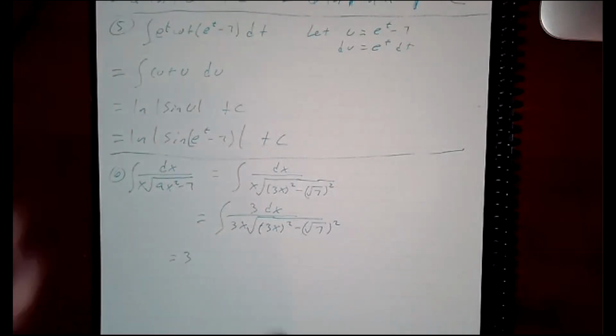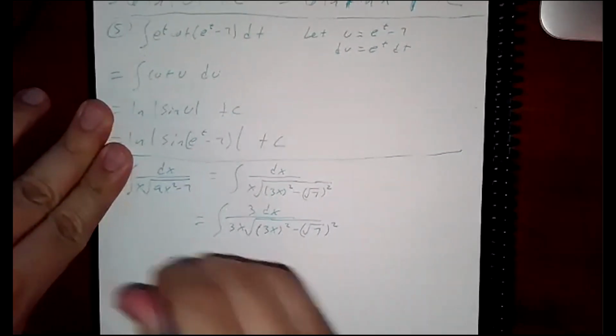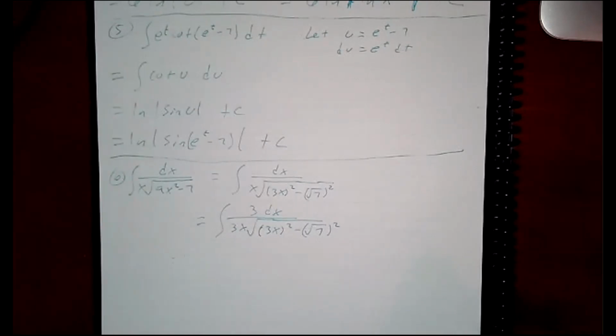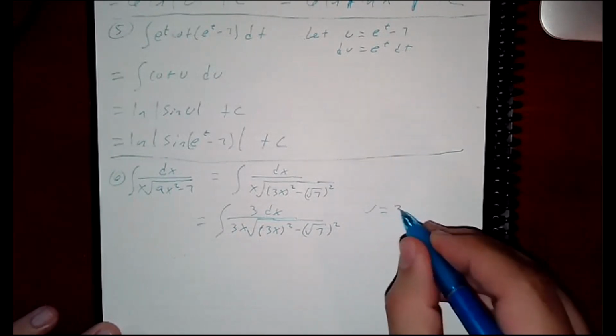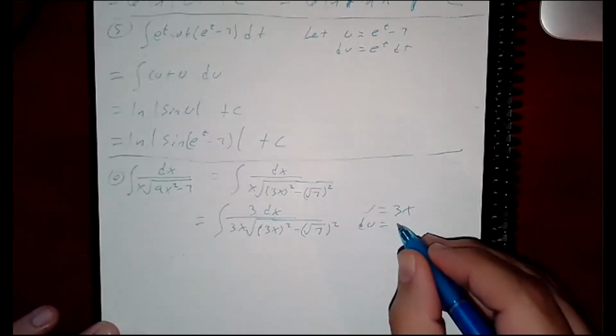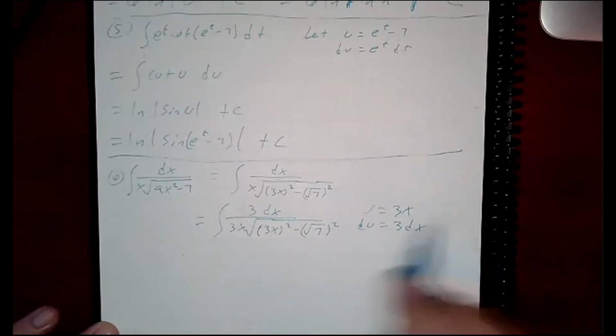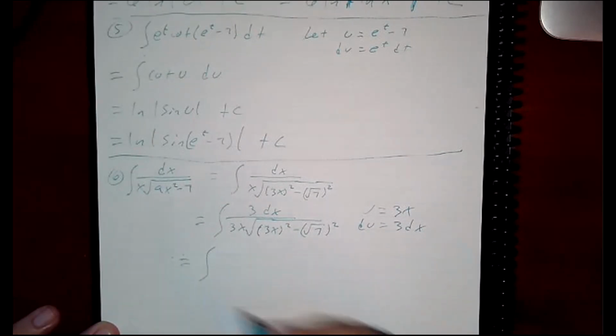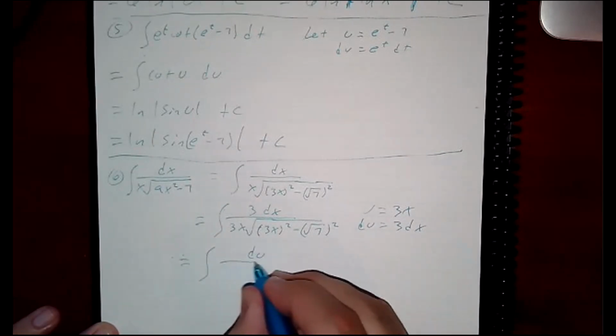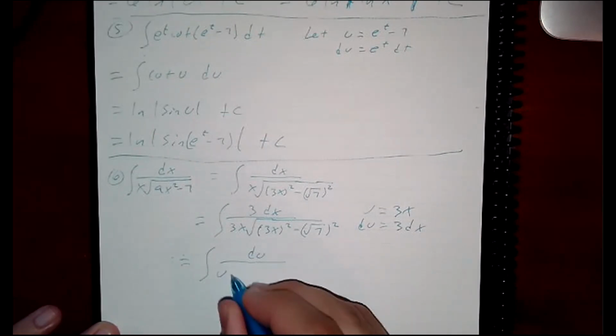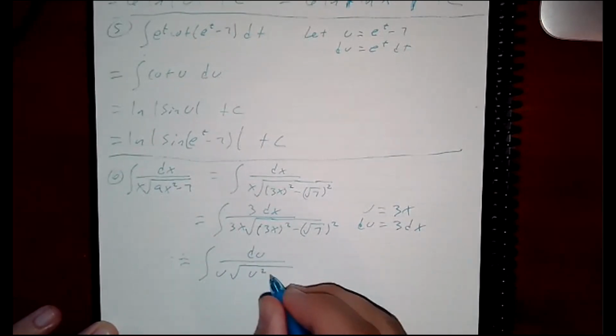Oh, okay. You know what? I got an idea. Instead of forcing it, we just let u equal 3x and du equal 3dx. So now that I have that, the sub will be easy. So you just have du on top, u root u squared minus root 7,